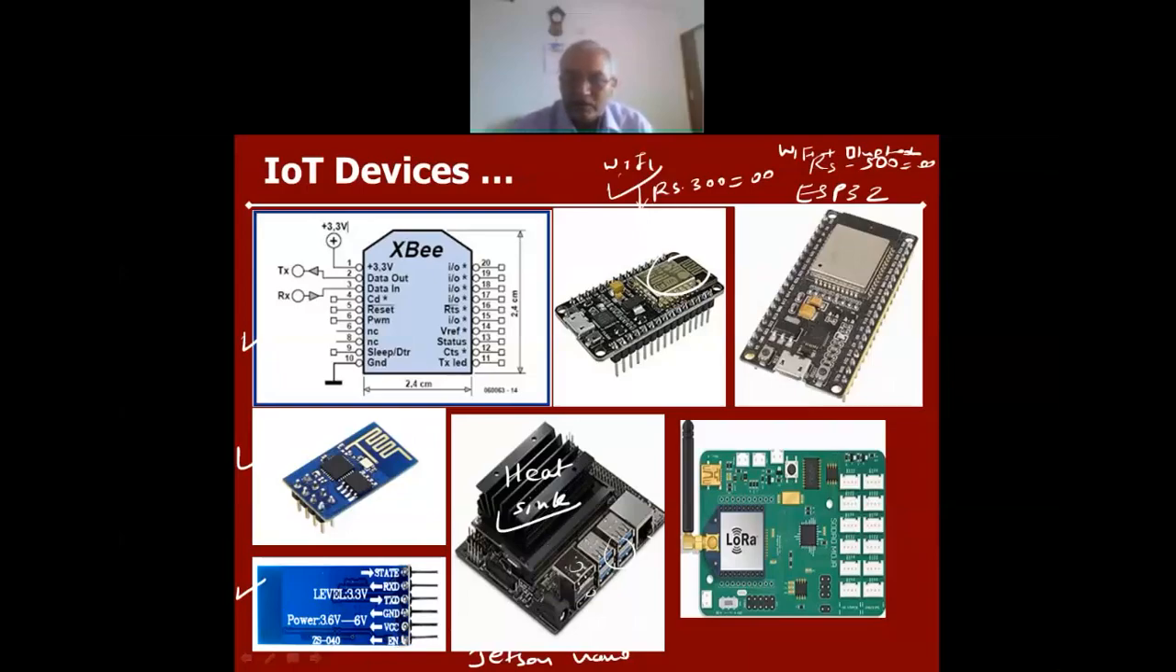Then this device is known as a LoRaWAN module. LoRaWAN module is basically using Wi-Fi-like connectivity for wide area. So if your distance is within 500 meters or a kilometer, then LoRaWAN is useful, because for all these devices, Bluetooth